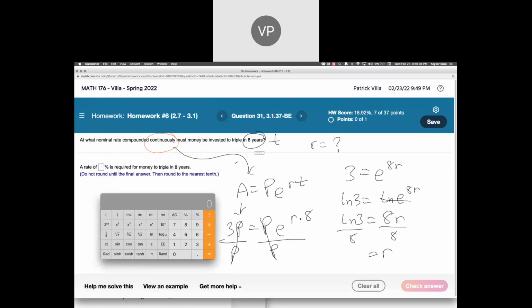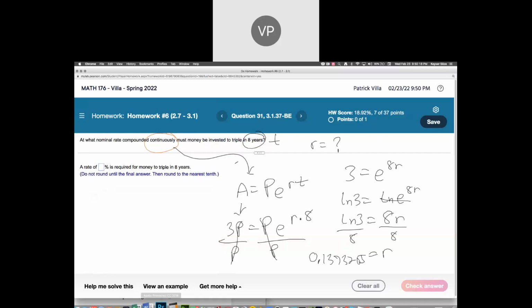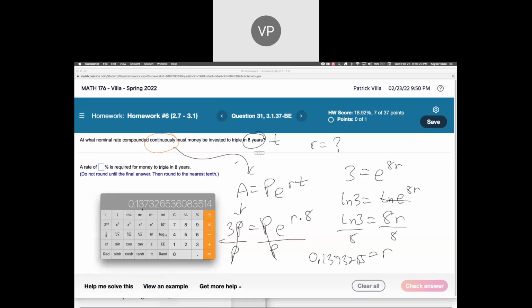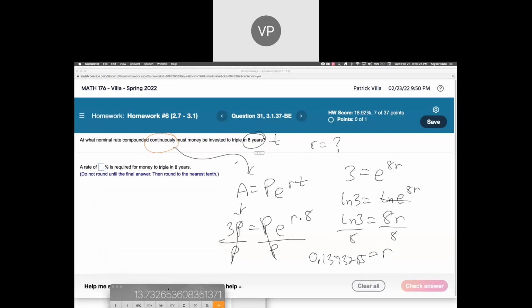And we get natural log of 3. So hit the 3, hit the natural log, divide it by 8. We get a decimal that looks like this. Recall again, they want an interest rate percent. Okay, so this is not in the percent form. The easy fix is multiply that by 100. Now you have your APR, and it's this